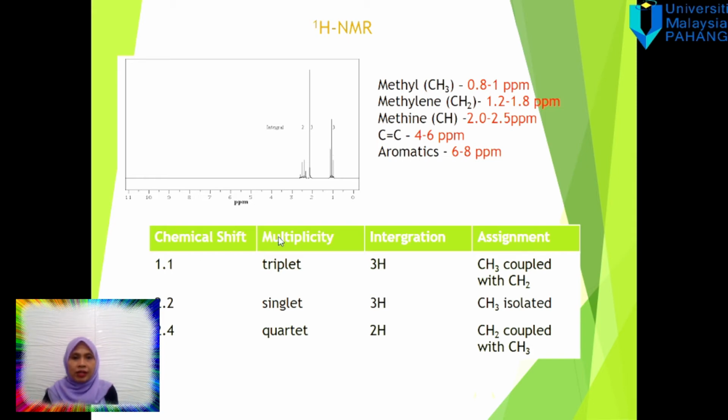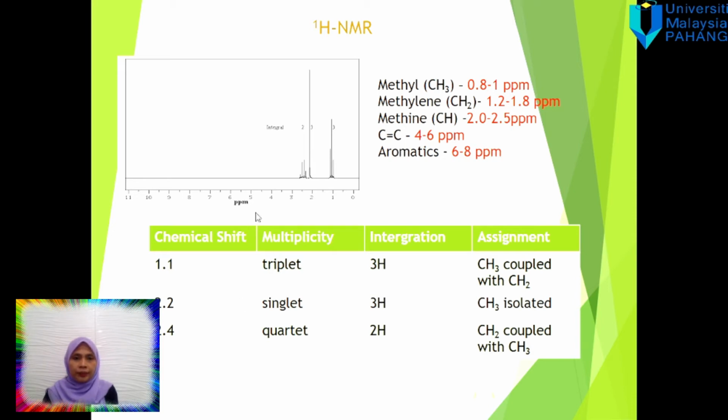Based on this raw data, we have to make this table with 4 columns. The first column is chemical shift, the second column is the multiplicity, the third column is integration, and the last one is the assignment. We make this table to make it easy to interpret the